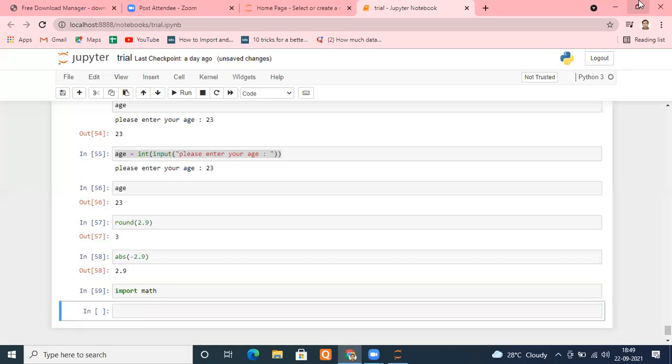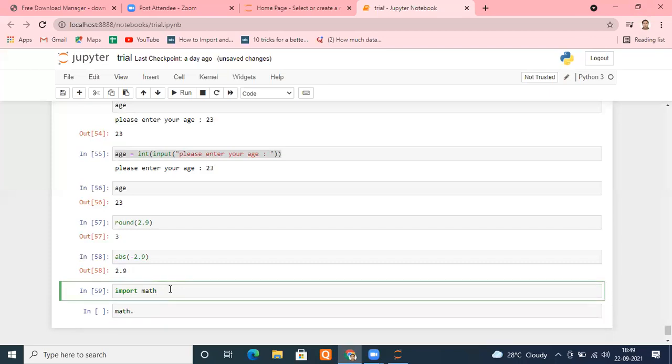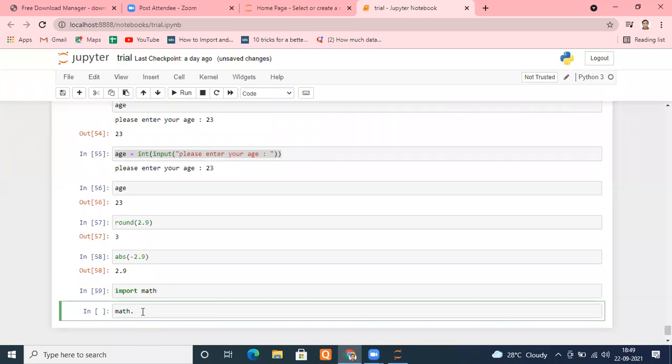Okay. Once I run this, the math object is giving you an abundance of options. Instead of directly using math, you can create an alias as well. It's entirely up to you. Remember, we used import pandas as pd, if anybody remembers. Yes, sir. Right? We created an alias. So we can create an alias here as well. Let me show you without alias first of all. So I'm putting math dot and pressing tab.